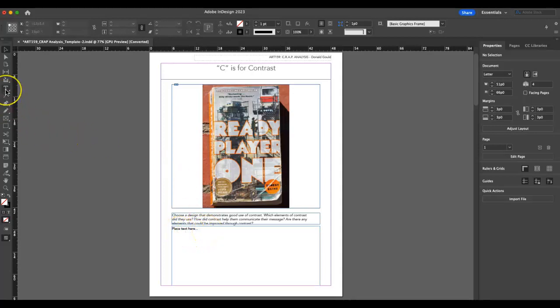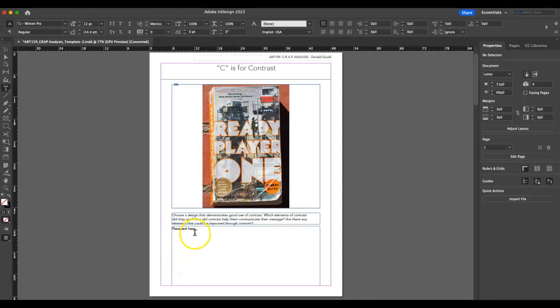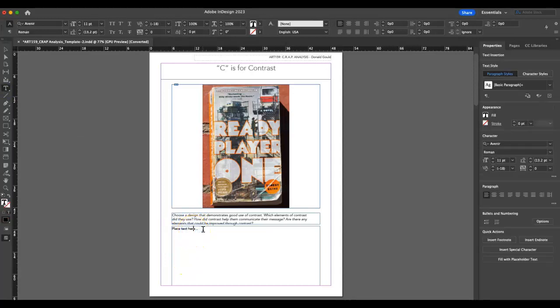So again, if I'm going to manipulate any sort of text, I'm going to come over to my Type tool, that is the large uppercase T, and I'm going to select into this text box and select the place text here that is already written. Here is where you will, once selected, type out your write-up in regards to the principal